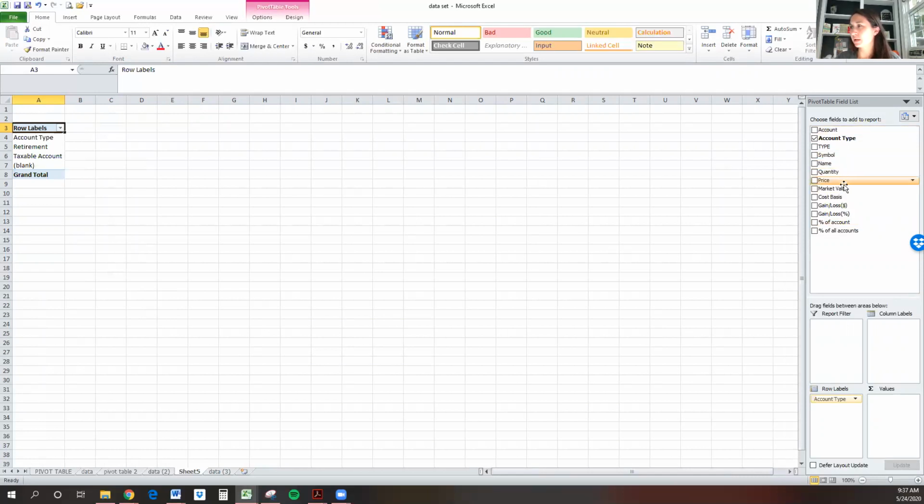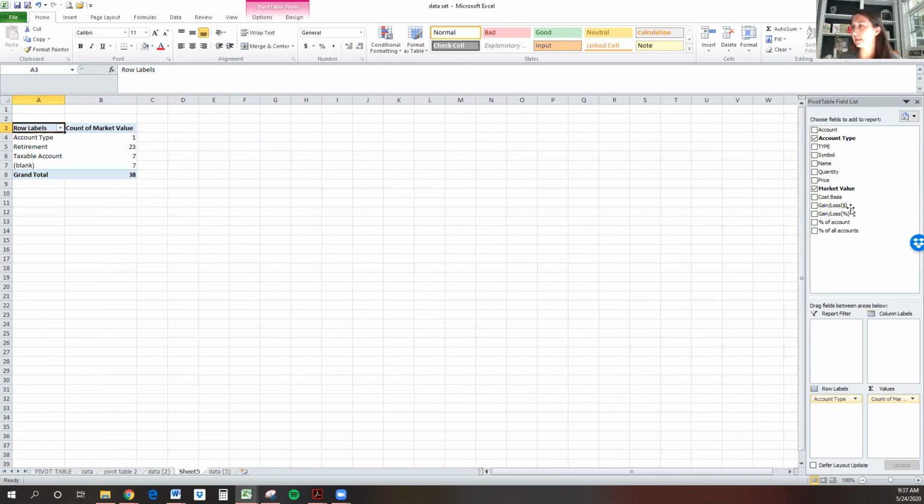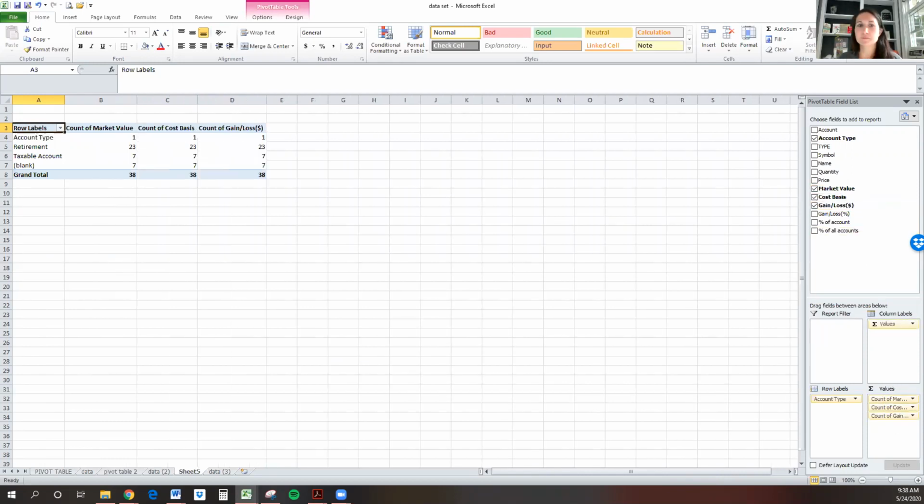And then what is it that I want to add up? So I want to look at the market value totals, cost basis, and let's do gain and loss. So I'm going to hold down my mouse on market value and drag that to here. And then let's do cost basis. And let's do gain and loss. So you'll see it automatically added up how many times those things occurred,